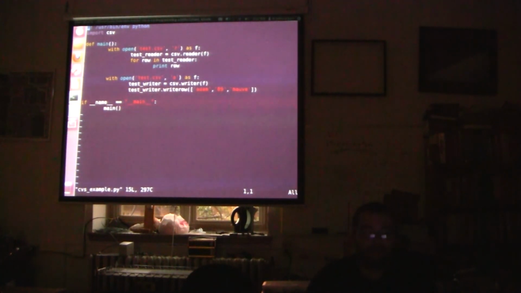Right, so first line within this with statement, we've got test_reader = csv.reader(f). The csv.reader creates a CSV reader object from a given file. What that does is basically eat every one of the lines in the file and return to you a list of the elements contained within that line. It's going to split on commas for you automatically and return a list of the comma separated things already for you. So you don't need to think about breaking it up yourself. It's just going to give you the individual elements.